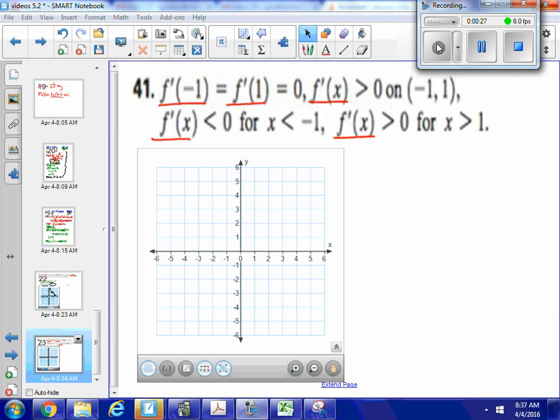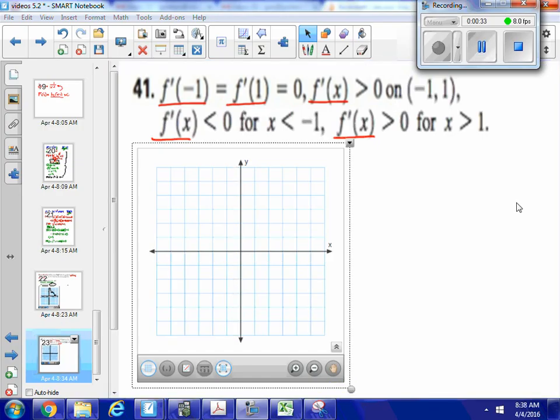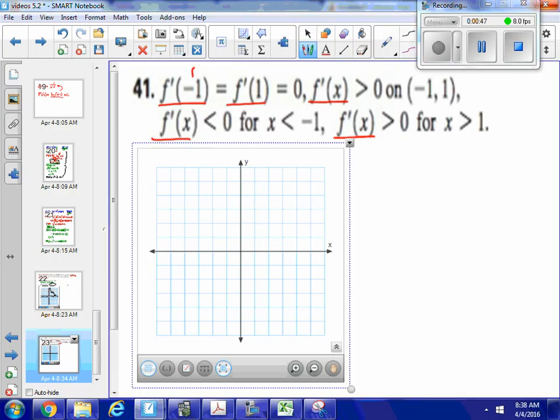So what I'm going to do is delete the numbers on my y-axis. And actually, I had to delete all the numbers because all I'm given is where x is -1 and where x is 1. So let's just call this right here -1, and let's call this +1. So what I'm told is that where f prime of -1 and f prime of 1, I'm going to have